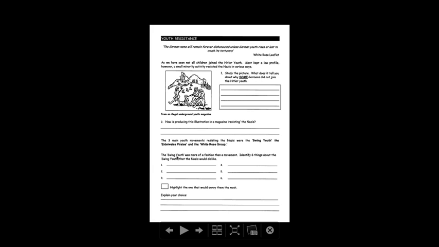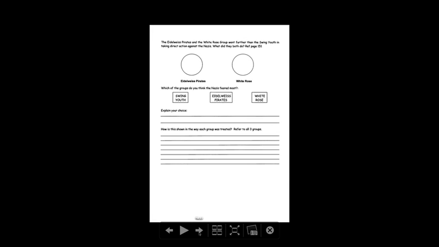The Swing Youth was more of a fashion than it was an organised movement. I'd like 6 features of the Swing Youth. And then if the students could analyse by identifying the one that would hurt and annoy the Nazis the most with an explanation of their reason. The Edelweiss Pirates and the White Rose group, however, went further than the Swing Youth. They were probably smaller in numbers, but much more focused in their aims and the means by which they would go about achieving them.